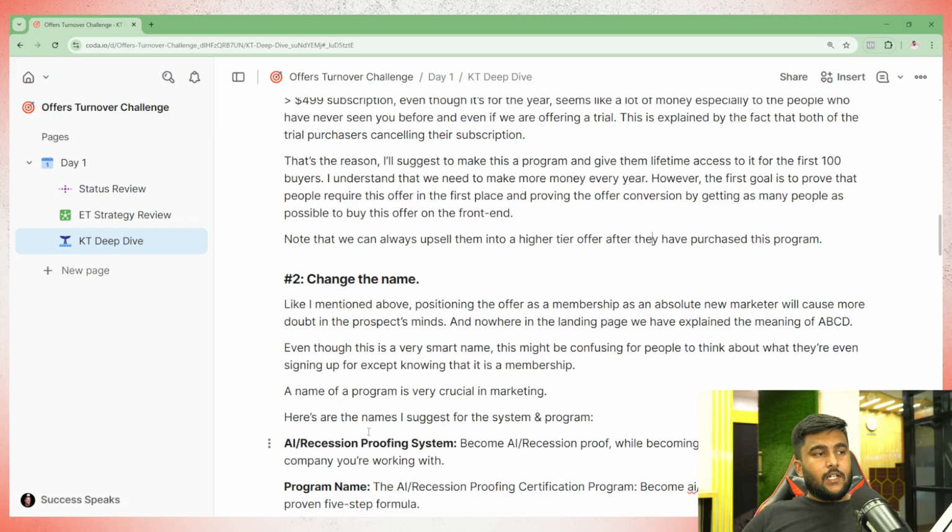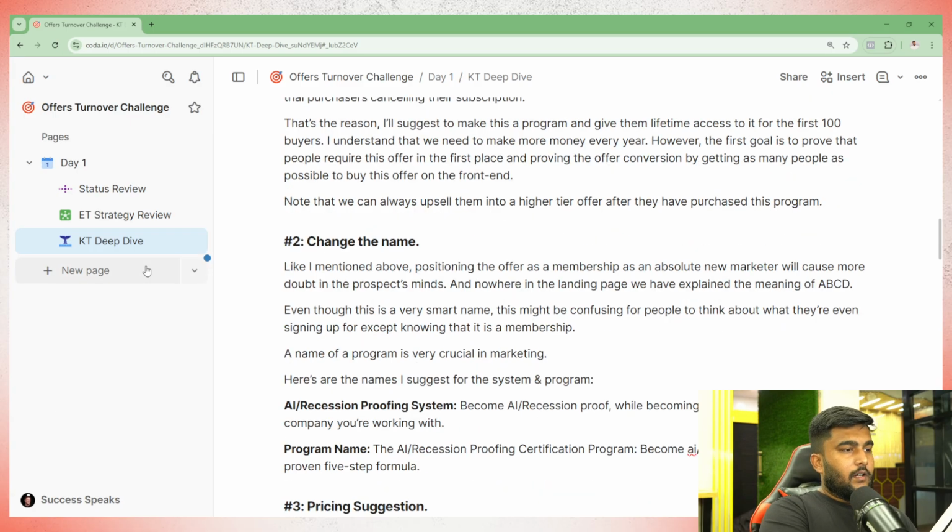That's why I suggested that we must change the name and let's just call it become AI or recession proof while becoming irreplaceable in whichever company you're working with, right? And we would call it, let's just say that we are going to call it the AI recession proofing certification program. Become an AI or recession proof employee or a leader, using our proven 5-step formula. So this is the name that I suggested because 90% of the selling happens because of the name of